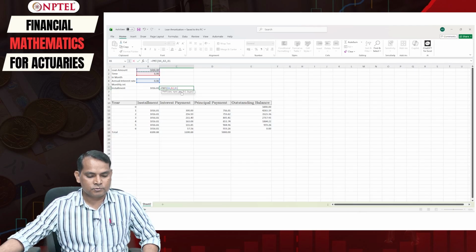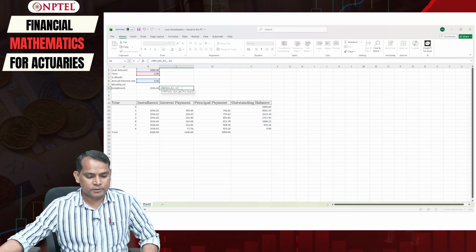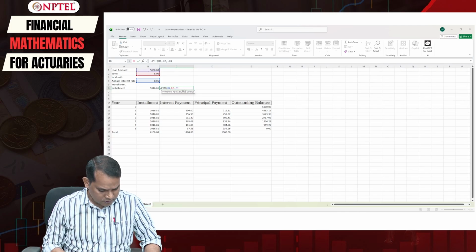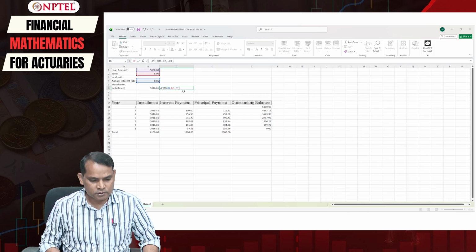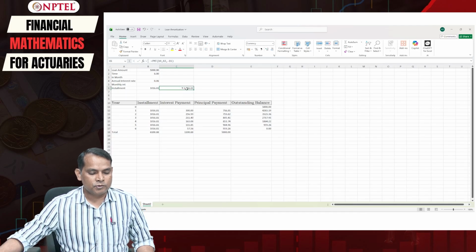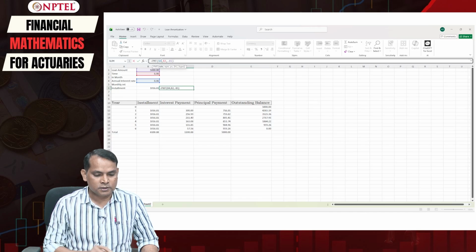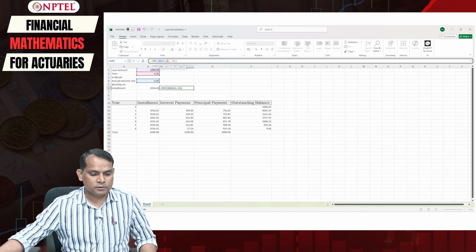Now remember that this will give us a negative value, so we will just put a minus sign before it, and the rest of the arguments are 0 and 0. So I will close the bracket, and then we write it here. This is exactly the same thing. Now you need to lock this using the dollar sign here, so I will lock it here for us.